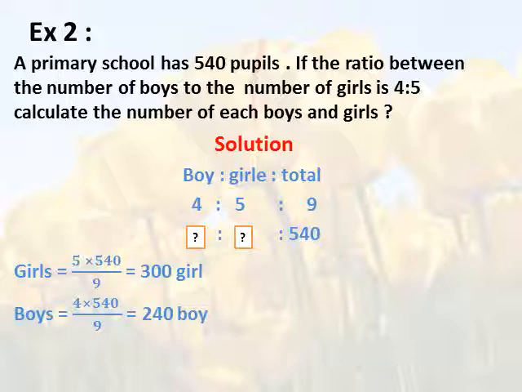Okay, I will hide the term of boys to get the number of girls by using cross multiplication: 5 times 540 divided by 9 equals 300 girls. I will hide the term of girls by using cross multiplication: 4 times 540 divided by 9 equals 240 boys. Okay, another